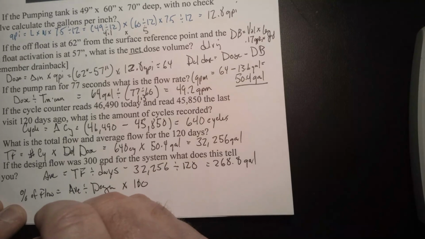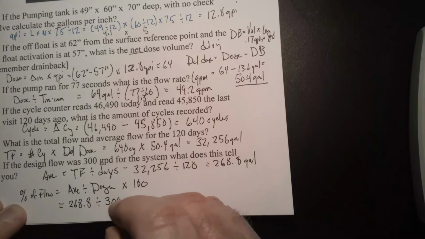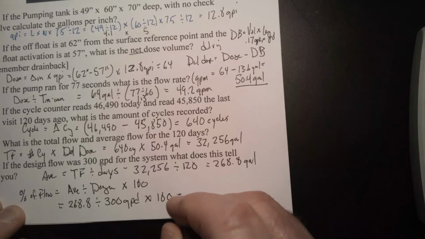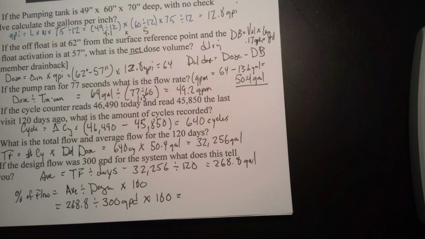So that would be 268.8 divided by 300 times 100. Doing that math then, I end up with, that didn't seem right. Let me do it again. 268.8 divided by 300 times 100 equals